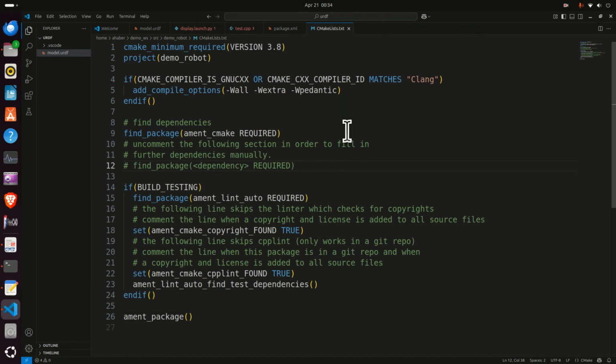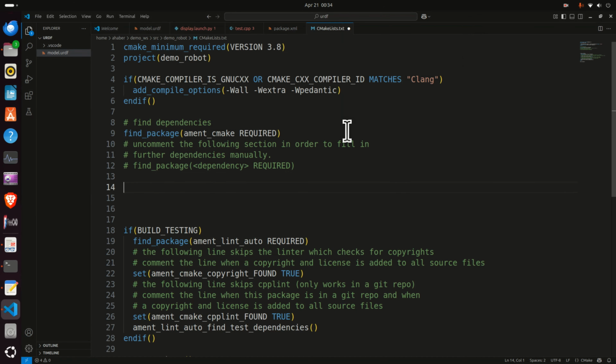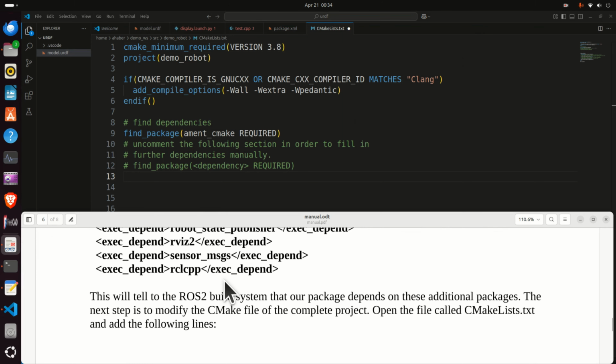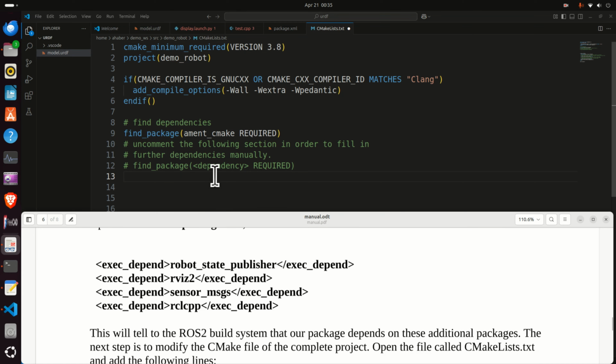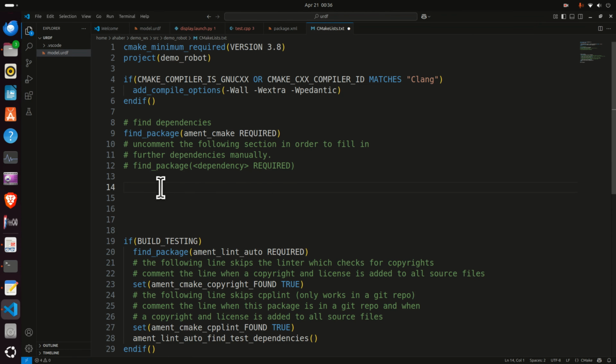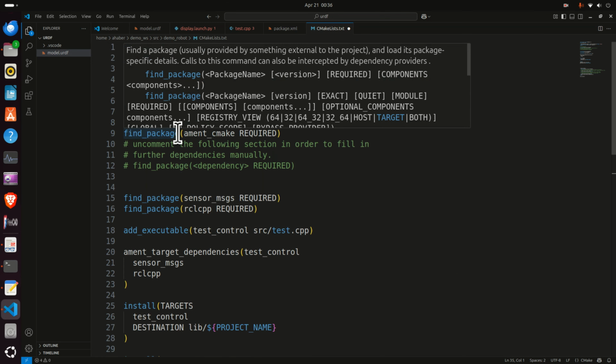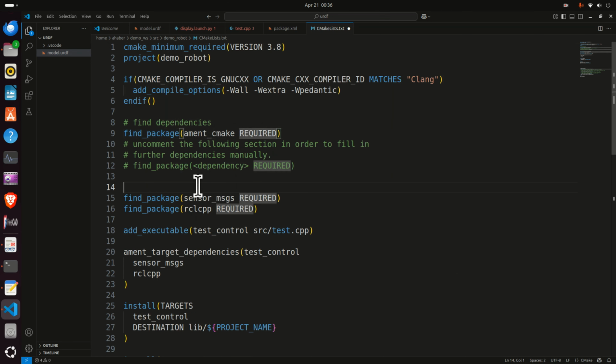And here you need to properly implement the following. To save time, I'm going to simply copy and paste the lines that you need. And over here are the edits. So after this find_package and cmake_minimum_required, we need to add 2 additional lines. So here they are. We need to specify find_package